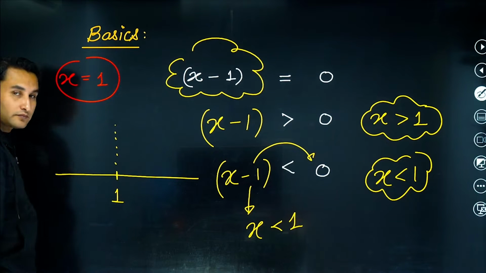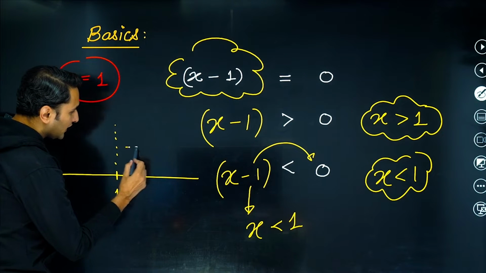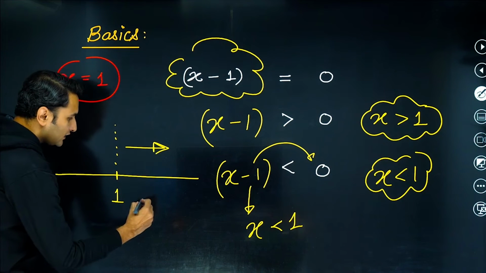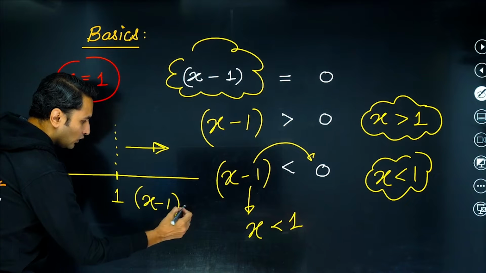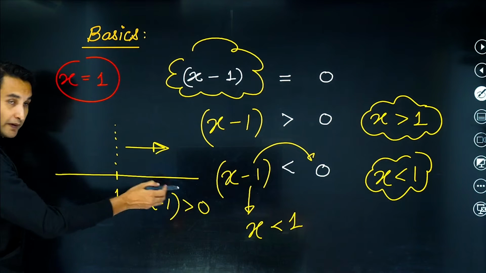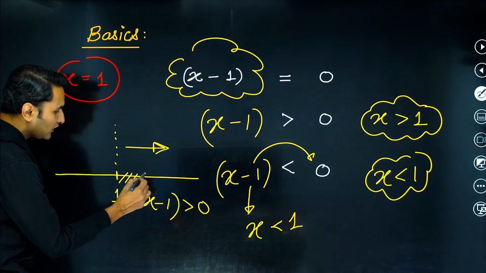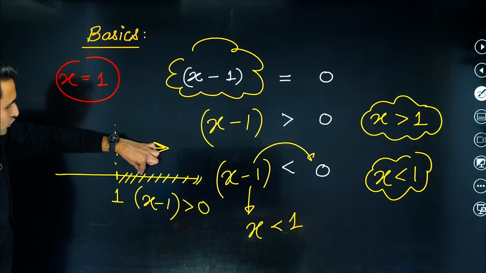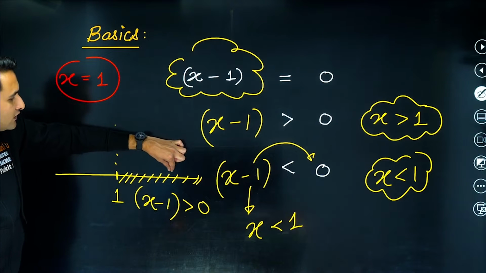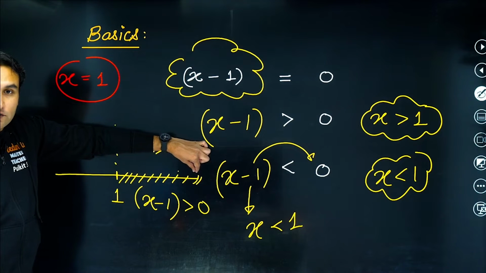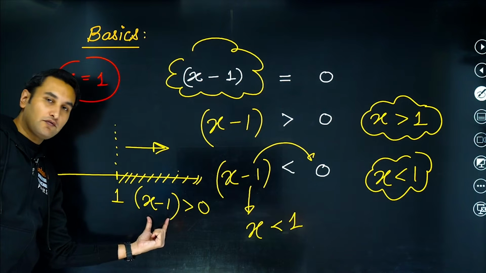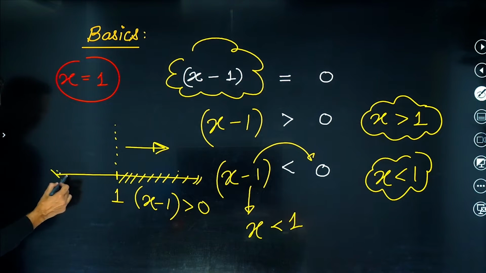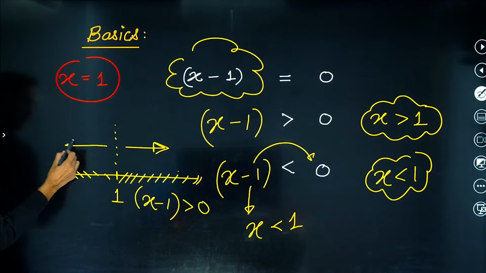Always remember, when you go on the right hand side of x equal to 1, x minus 1 will always be greater than 0. So x minus 1 is greater than 0 on the right hand side of 1. For example, when you take 2, 2.5, 3, 4, 5.7, whatever number you take, that value of x will keep x minus 1 positive. And similarly, towards the left hand side of 1,